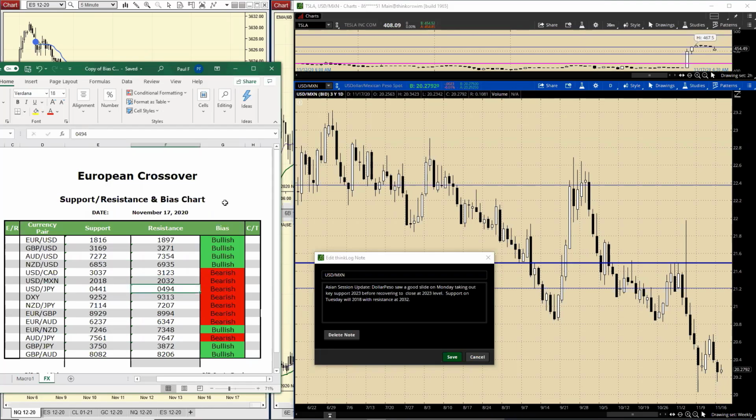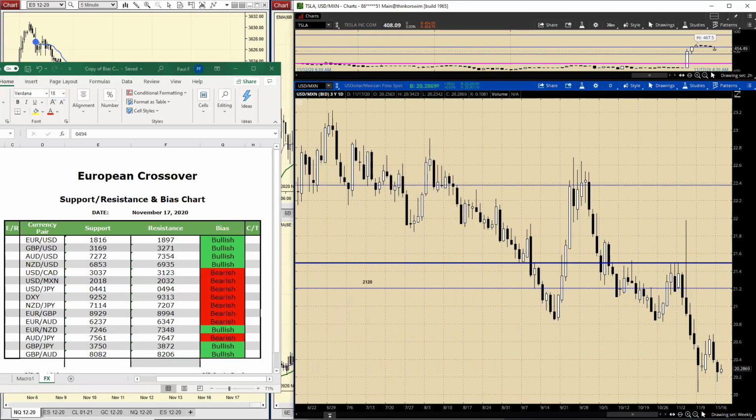Remember, 2023 is that huge. That wasn't our bias chart support. It was 2028, but is that 2023? That was that huge level that we were looking at on the way down as a target. It's kind of worked a little bit as a pivot. So we closed just a hair below it, but basically right at the 2023. So we'll see what they can do today.